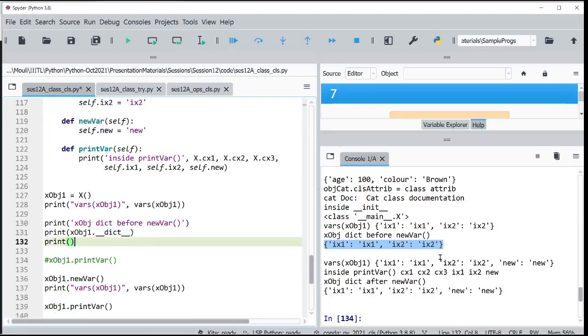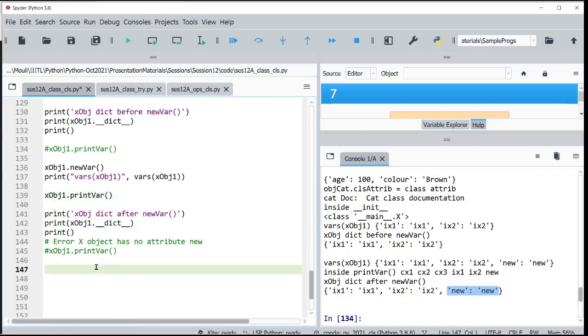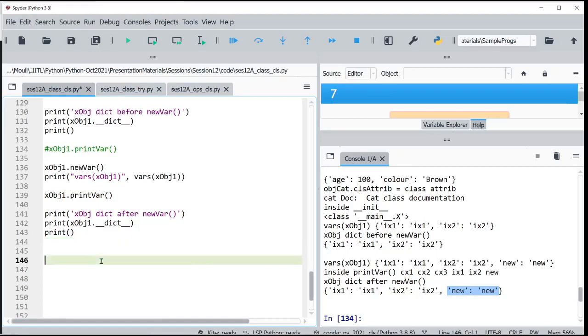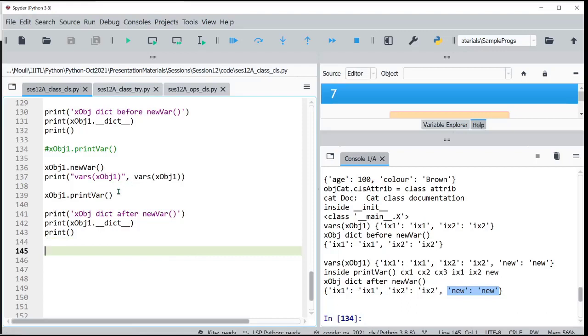So it doesn't print new var, whereas after I call the new var, then that gets also added to the dictionary. So that's how internally it maintains. You will not get any error here. Fine, I hope this is clear. All the object attributes are maintained as a dictionary, and the identifier is underscore underscore dict.